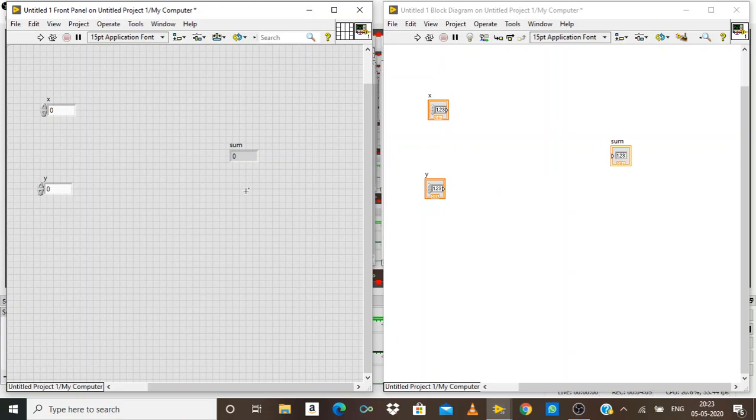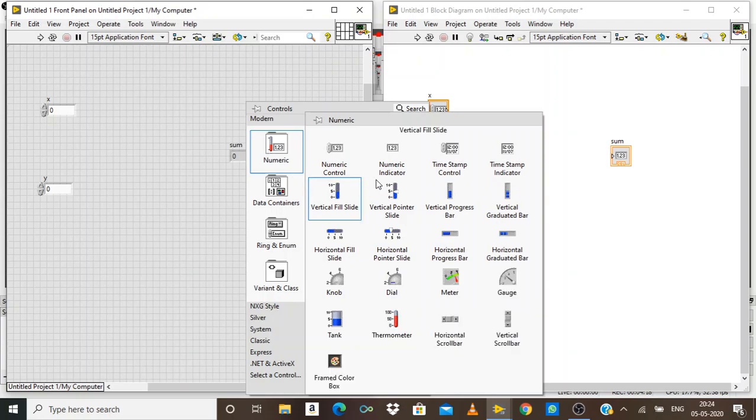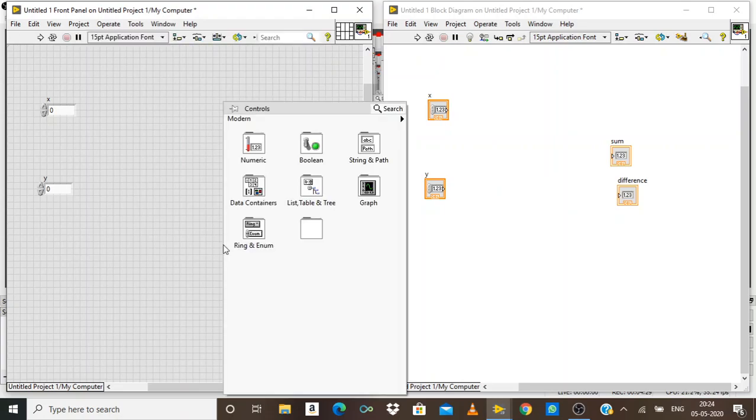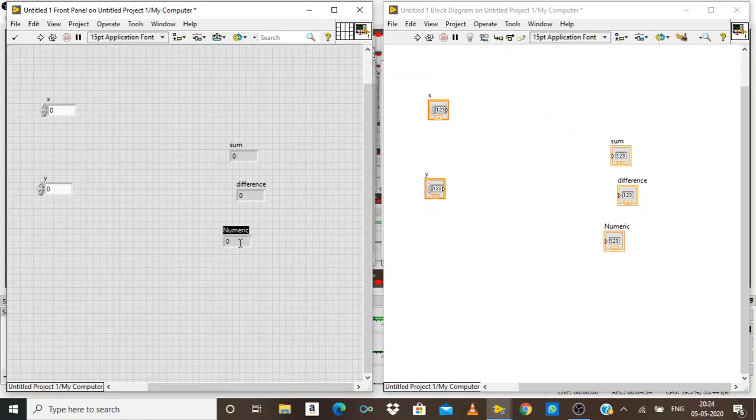Now we have two controls and one indicator. Similarly, in order to represent the multiplication, the difference, and the division, we need three more indicators. So let us place three more indicators here. One for difference, and another for multiplication, so I'll give it the name multiplication.